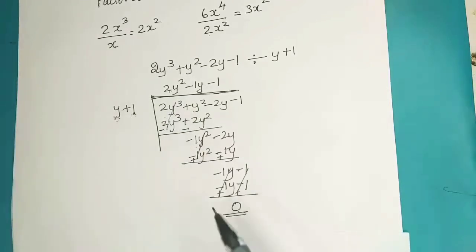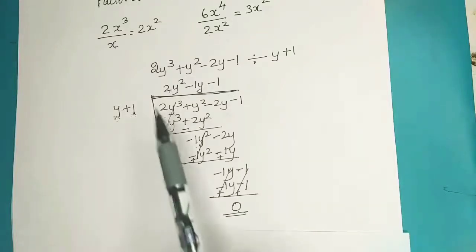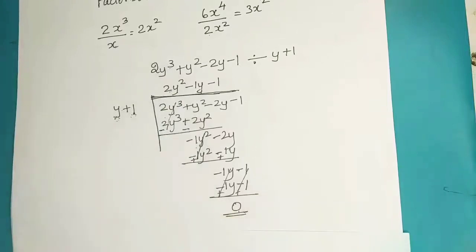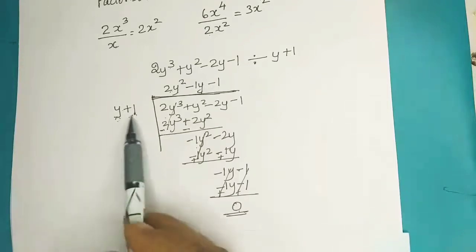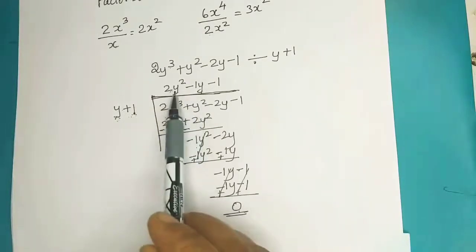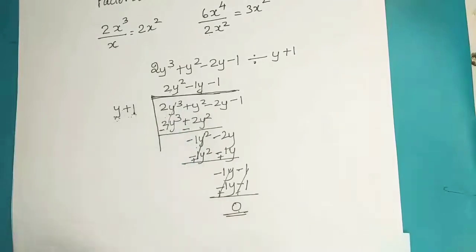Always remember that a linear polynomial has only one zero or one solution, a quadratic polynomial has two solutions or two zeros, and a cubic polynomial has three solutions or three zeros. You will get three factors: one of them here, and by splitting the middle term you will get two more factors. We will get to that topic later.